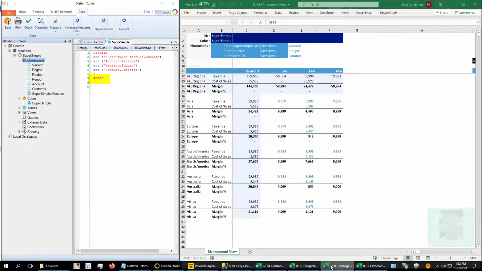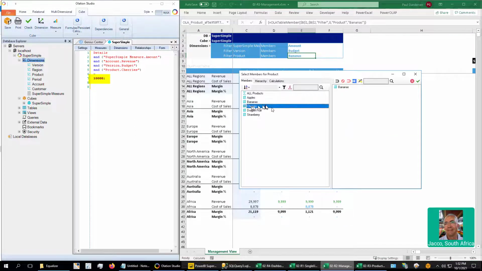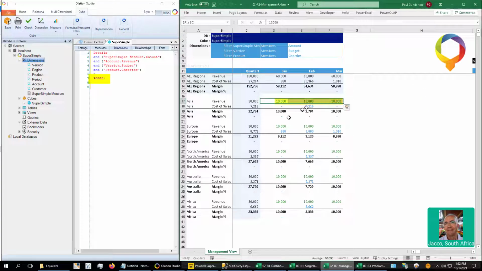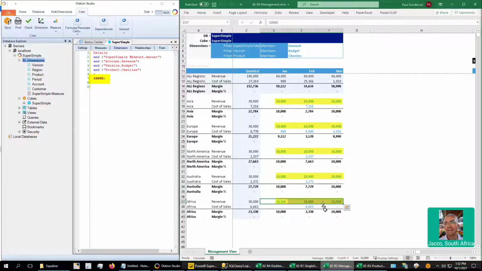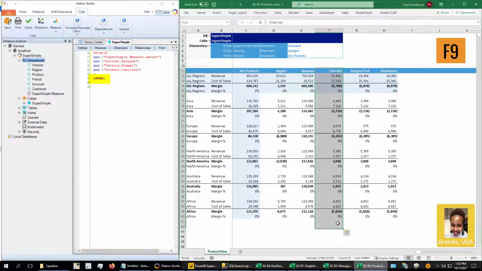Looking at a second spreadsheet now, we're going to change the filter from bananas and we'll change it to cherries so that when we retrieve the data into the spreadsheet, you see the 10,000 reflected across each row on the sheet. And even yet, in a third spreadsheet, you'll see those numbers reflected down the cherries column as well when